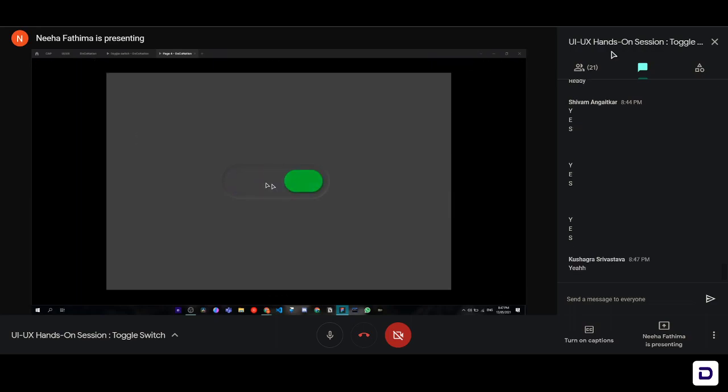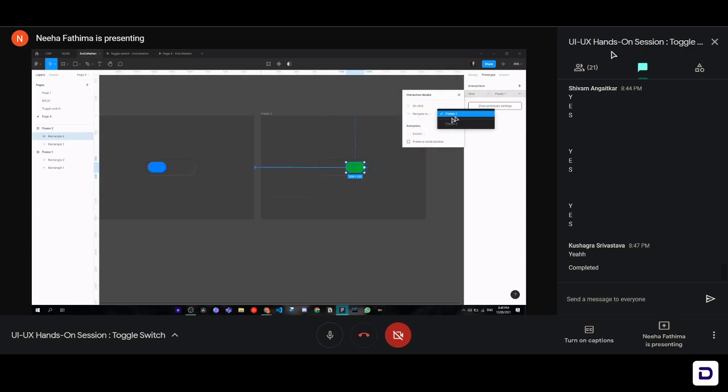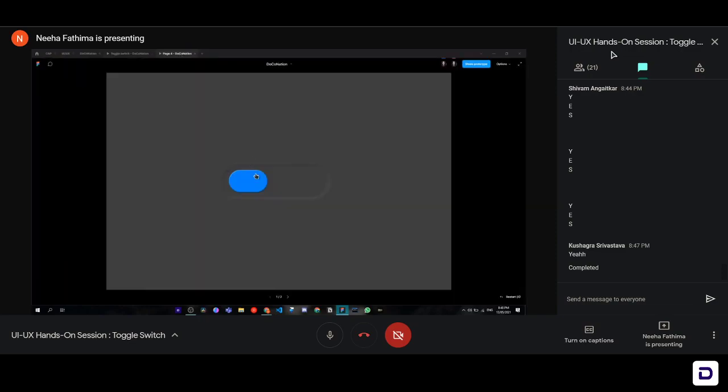But you can see that when I click on the little blue button, the animation is different from what I achieve when I click on the green button. Because when I click on the blue button, you see it eases in and then it moves faster, right? So if I show you again, it eases in, then moves fast. When I click on the green button, that's not the same case. So to do that, we will not choose the back option. We will click on the interaction. We will change it to navigate to frame 1 so that you can choose how the animation and the speed go. So we will click on smart animate, maybe ease out, and about 400 milliseconds. And here we've got it.